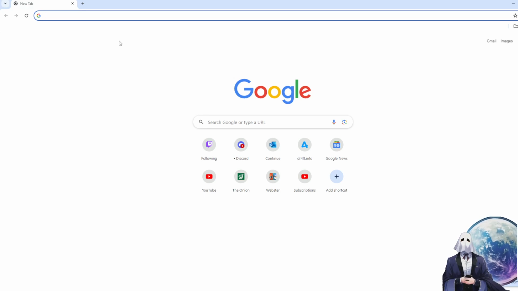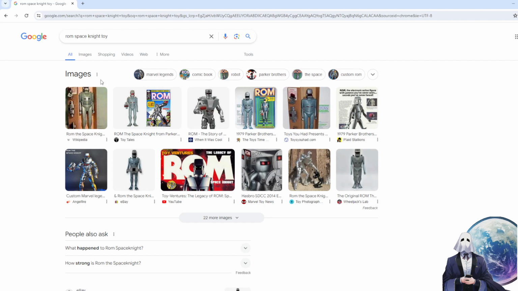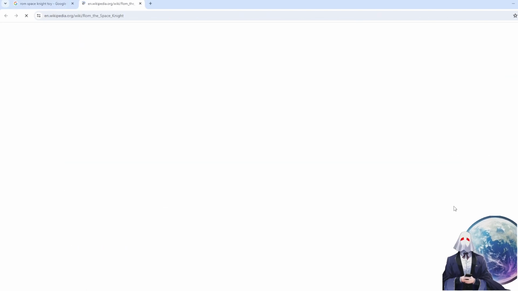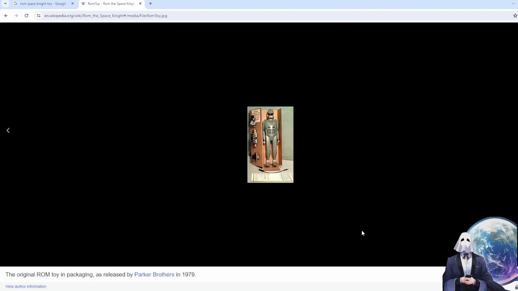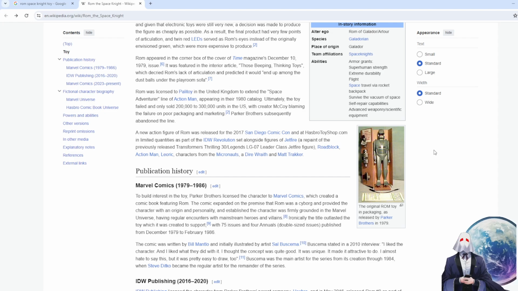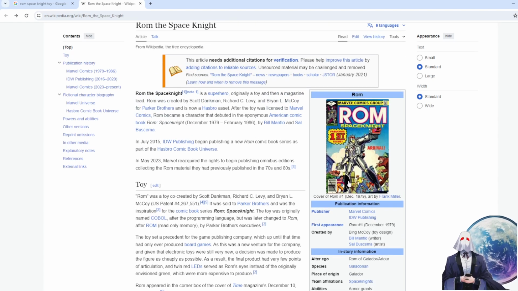Yes, Kavroom can be pretty intimidating. But the original ROM Space Knight toy, basically the developer said, here's this toy we've got, Marvel. Do what you want with it. And Marvel was like, oh, Parker Brothers, okay. And Marvel was like, cool, we're going to make a comic book about it, and here's all this backstory.